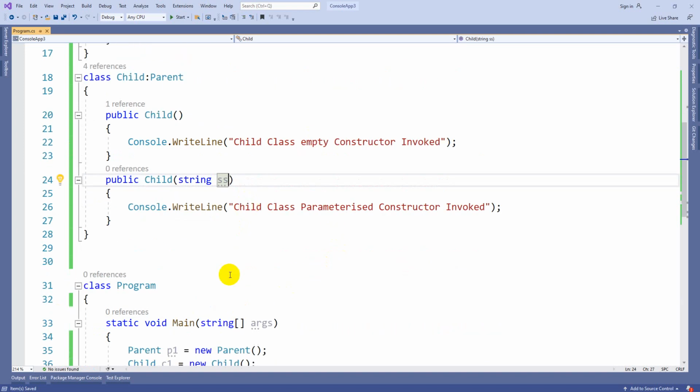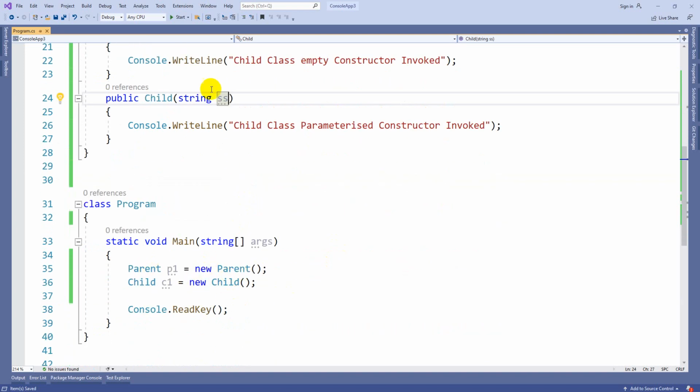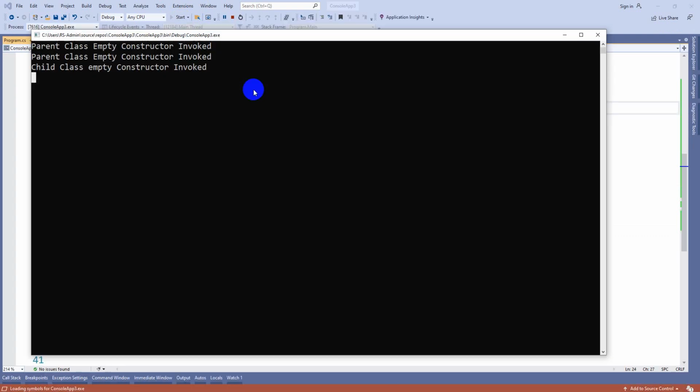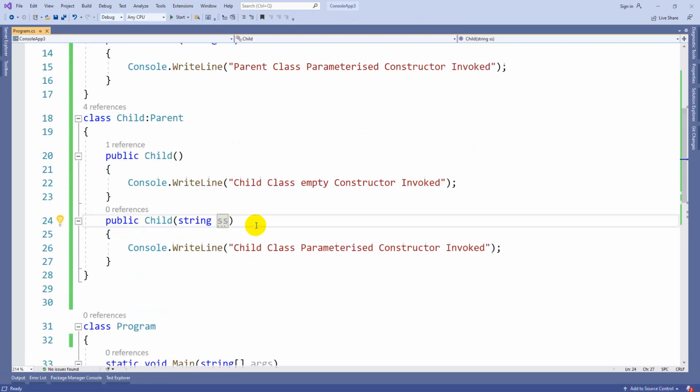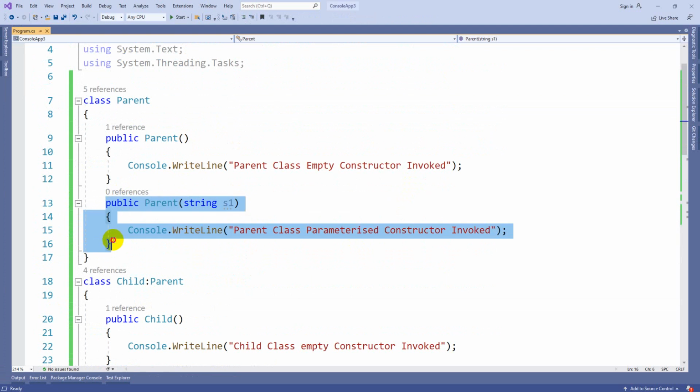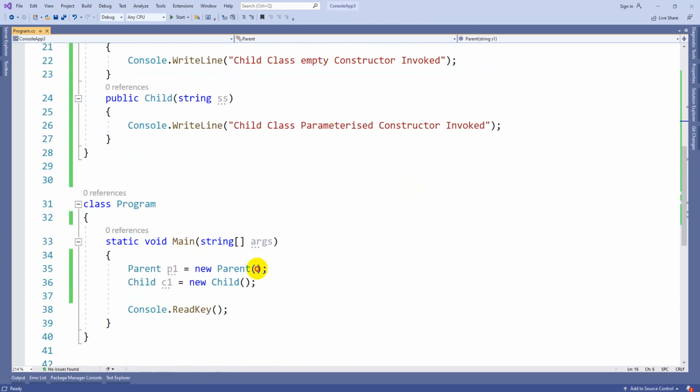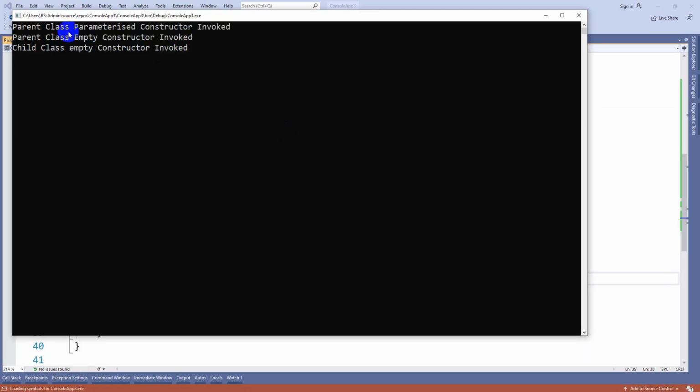Now whenever you create objects with the empty constructor, that empty constructor will get invoked. Parent class empty constructor, from the child class constructor again parent class constructor invoked, then child class constructor invoked. If I want to enable the parent class parameterized constructor, I can simply pass some sample string here, then you can see the result: the parent class parameterized constructor invoked.